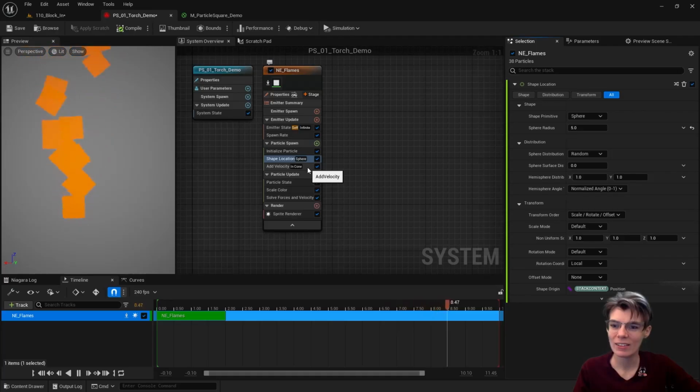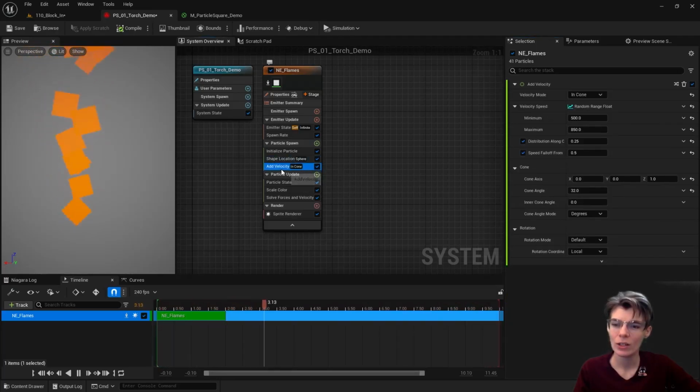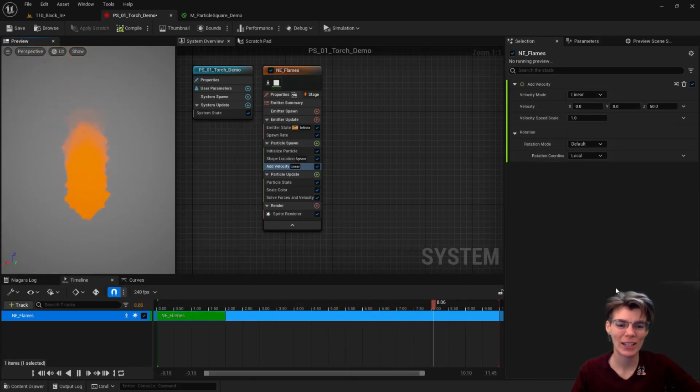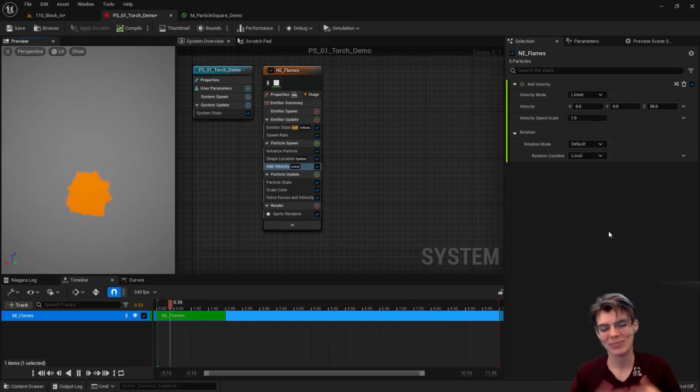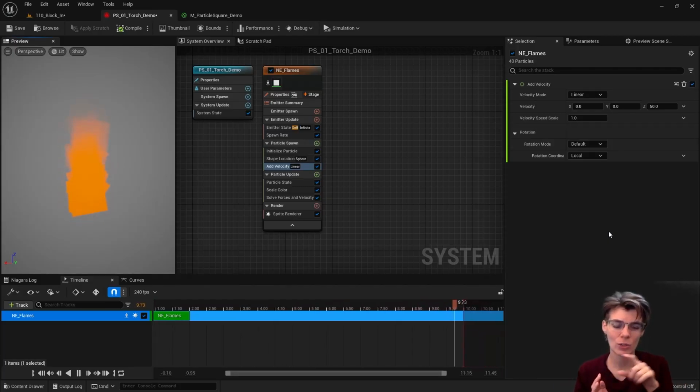And then next up in our add velocity module down below that, we are just going to switch this from a cone, which is what's giving us this kind of cone-shaped movement, to linear. And linear is kind of like it sounds. It's very, very simple motion. It's just taking in instructions for how fast to move in X, Y, and Z